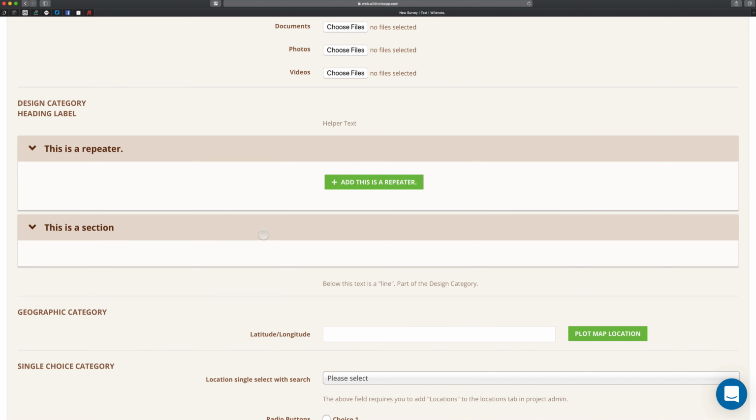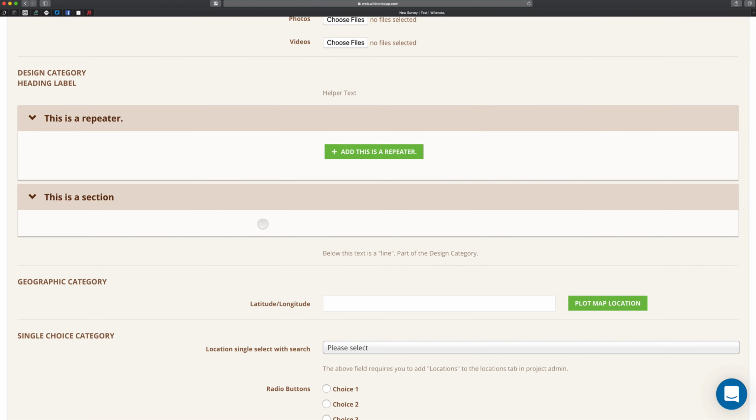In the design category, you have several tools that help you organize your data and field data collection. The more you organize your survey form by using elements such as sections, lines, and helper text, the easier it is for field crews to enter data. That saves everyone time and money. Two items in the design category are similar but have one very big difference. They are the section and repeater questions.